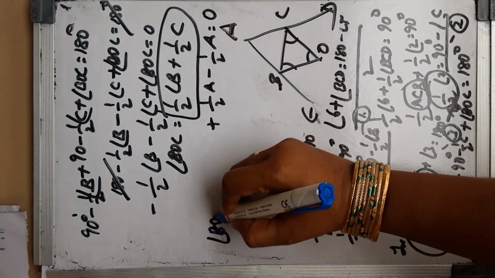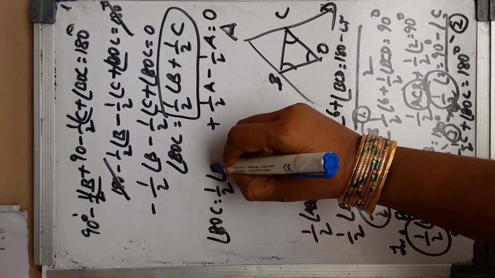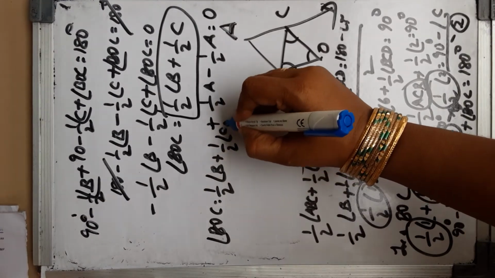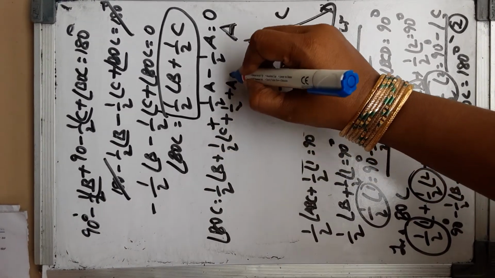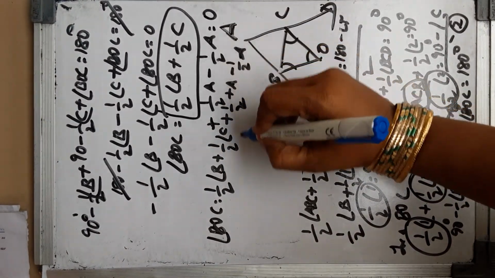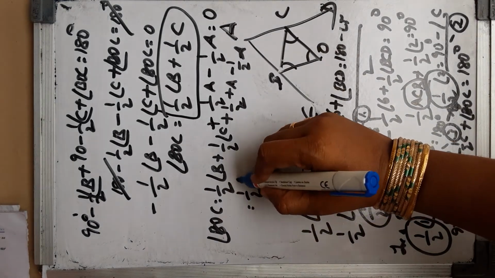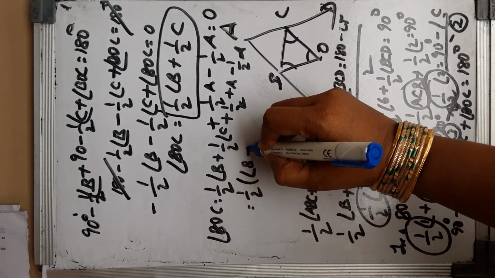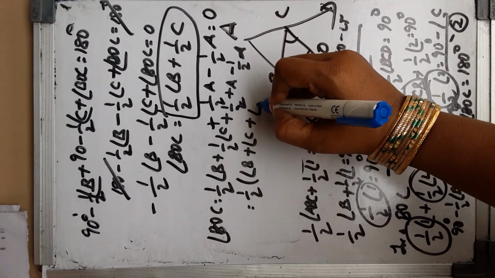Therefore, angle BOC equals half B plus half C plus half A minus half A, which is half of angle B plus angle C plus angle A